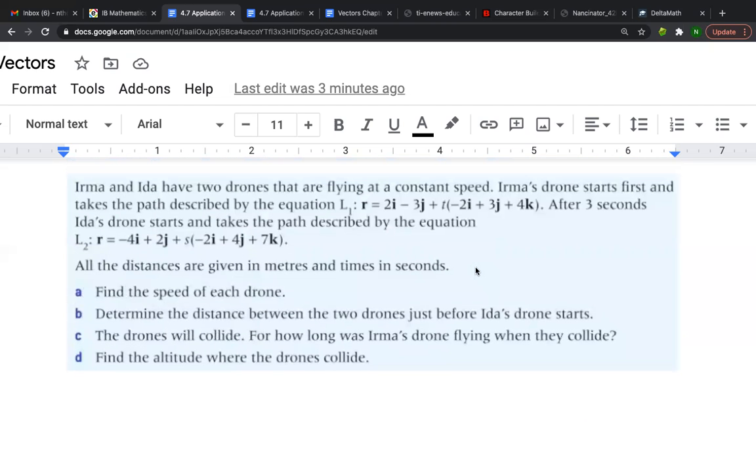From there, we have drones. This is kind of similar, I think, to the other problem. The first step is to find the speed of each drone, which is just to take the magnitude of the direction. So for the first one, it would be the magnitude of 234. And for the second one would be negative 247. We're getting those numbers here and here, the things with the parameter. So once we take the magnitude, we end up getting